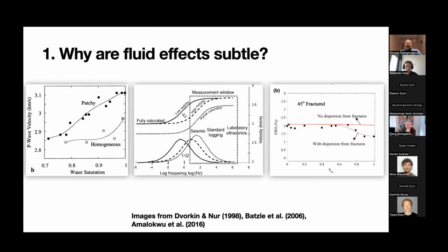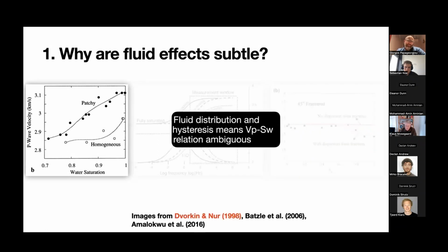So there are three things that make fluid effects in partially saturated rocks subtle. I have three images here. The leftmost is from Dvorkin and Nur from 1998. The middle is from Batzle et al. 2006, and the rightmost is from a former student who was co-supervised by Mark Chapman in Edinburgh and Angus Best in Southampton. And the leftmost shows you that the P-wave velocity depends not only on water saturation when you try